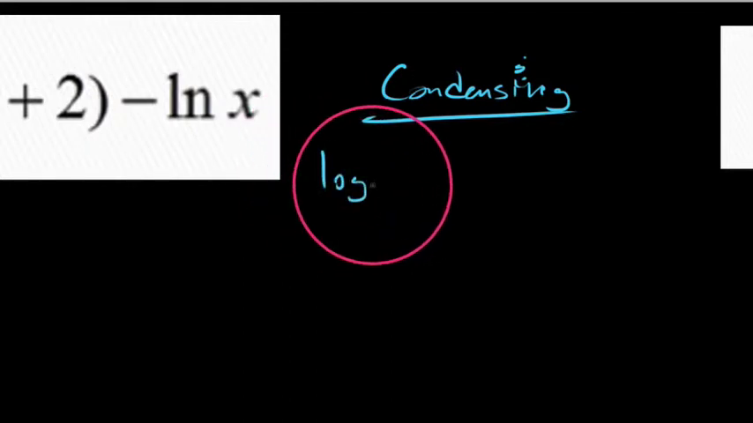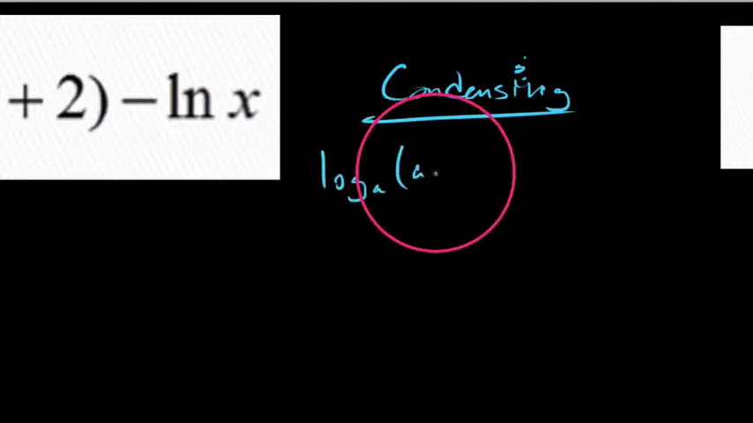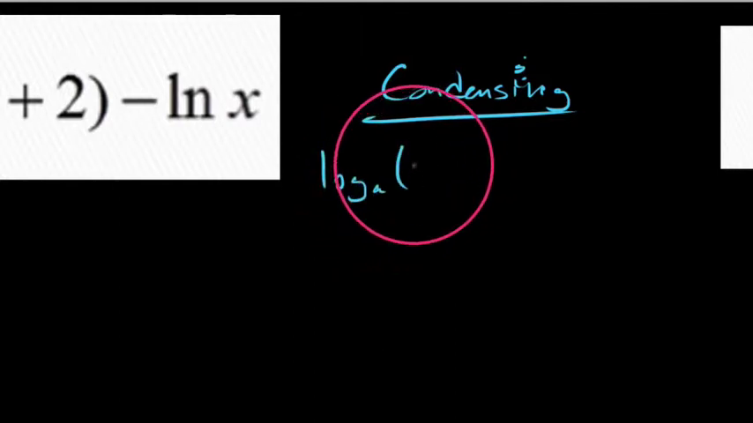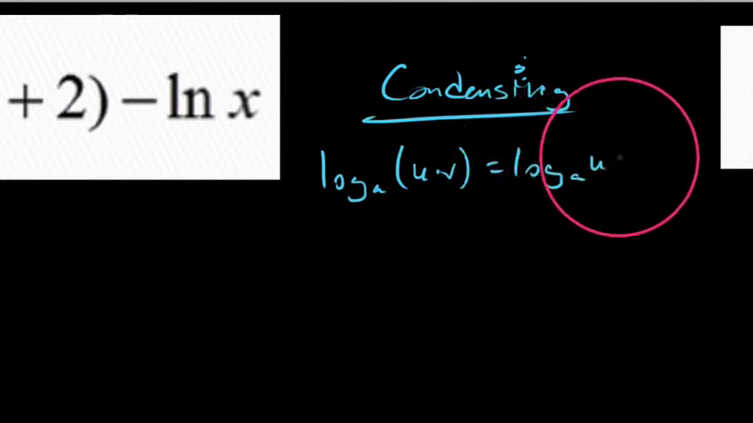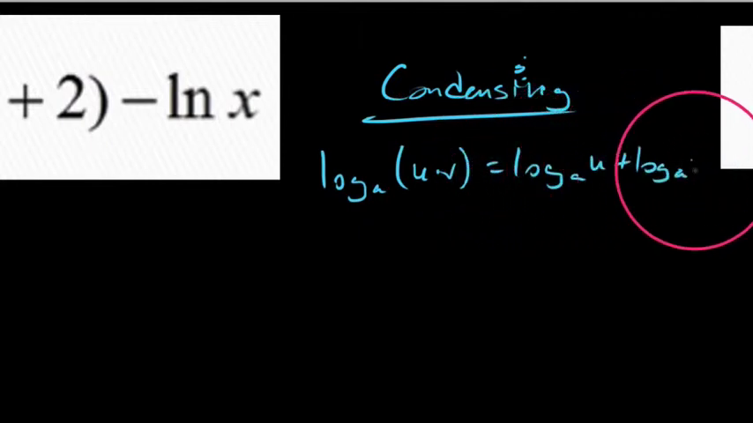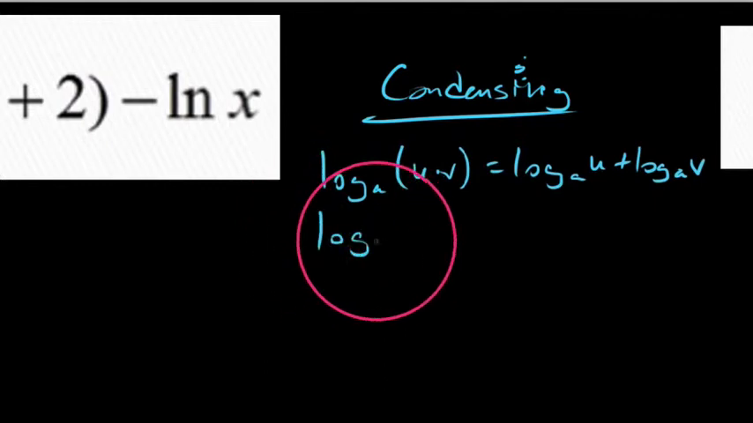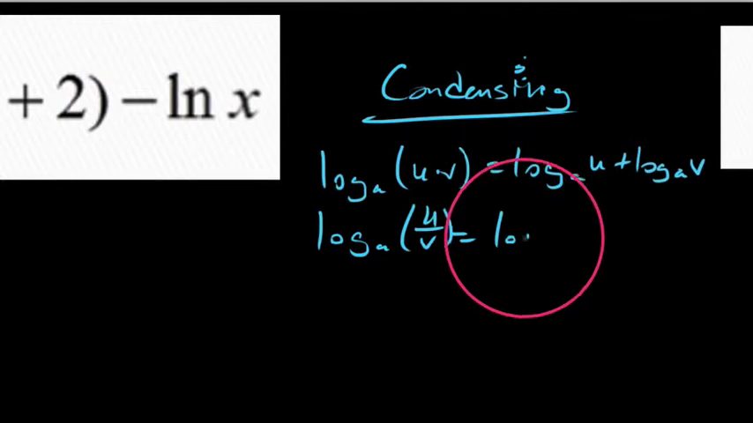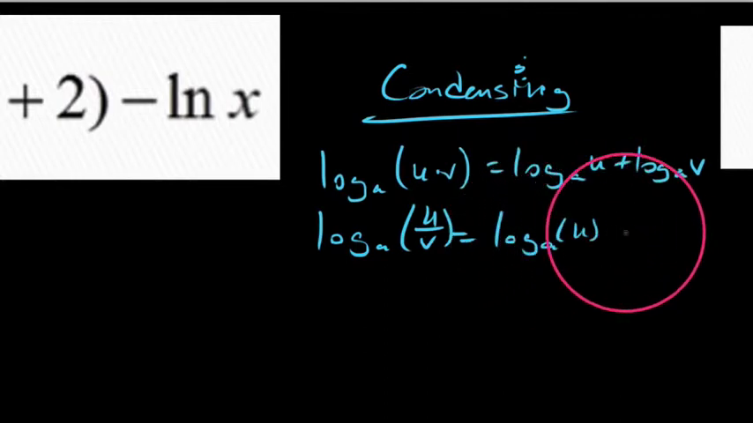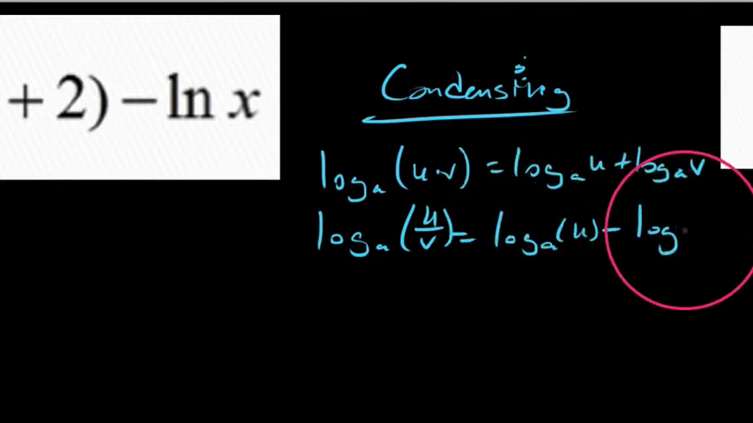If we had log base a of, oh, sorry, not use a, it would be redundant. We say u times v, the same thing as log base a of u plus the log base a of v. Whereas if we had a quotient, we say log base a of u over v. This would be a difference. We say log base a of the thing on top, u, minus the log base a of the thing